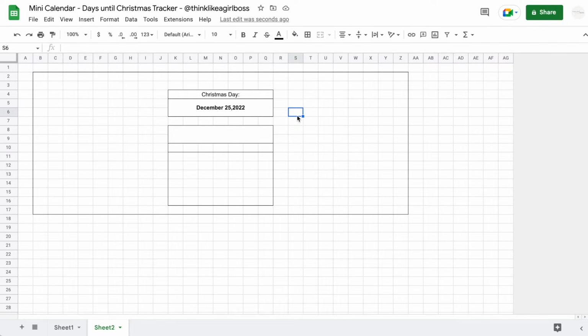So we already know that Christmas Day will always be on December 25th. So we're going to use this date to set the first day of December here. There's many ways to do this, but this is the one that I'm going to use. So I'm going to do equals, and then I'm going to do the formula date. And as you can see, you have to give it a year, a month, and a day. So I'm going to reuse the year and the month from this date, and then I'm going to set 1